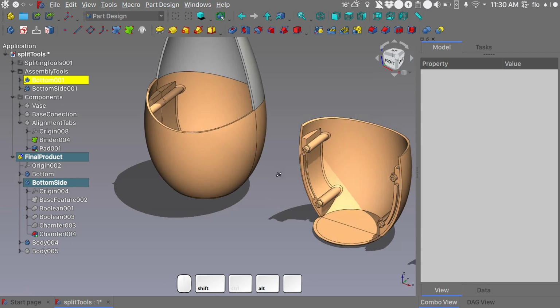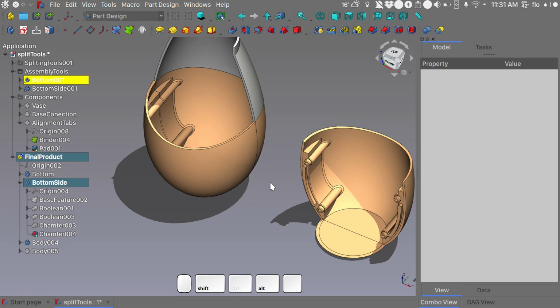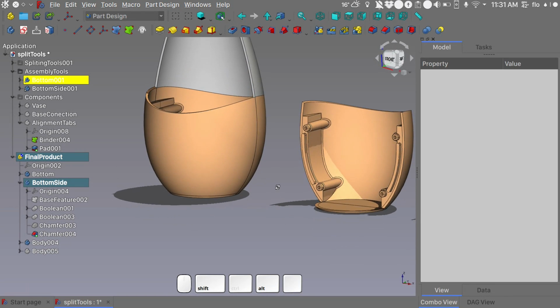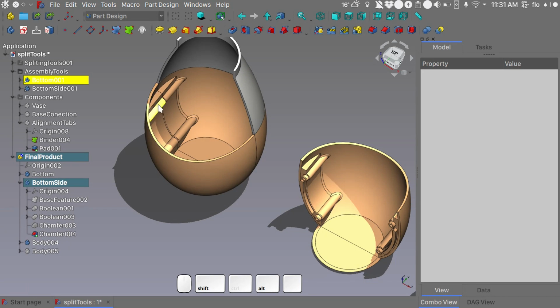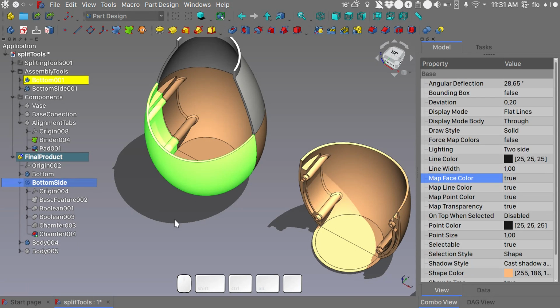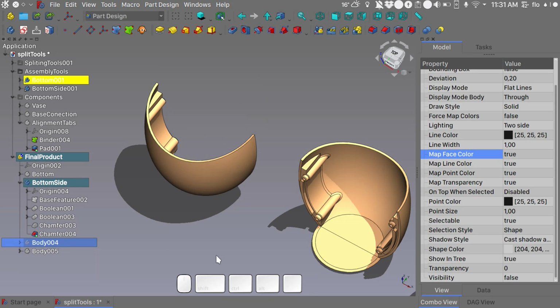Okay, quickly before we close this episode and we will continue our model in the next one, what I need to do is to punch the holes for the screws that will go ahead and unite our two components of the bottom base with the bottom side. So we need to do it in the bottom side body. Let's hide the other one. Let's hide this as well, and we'll create